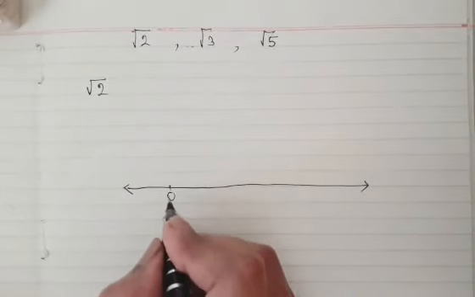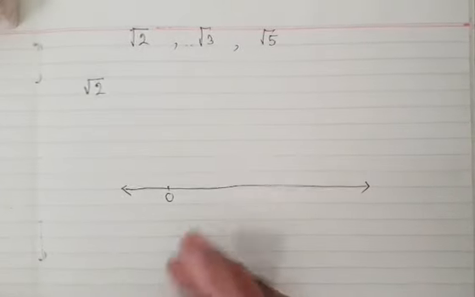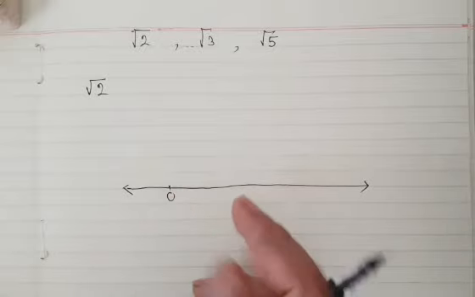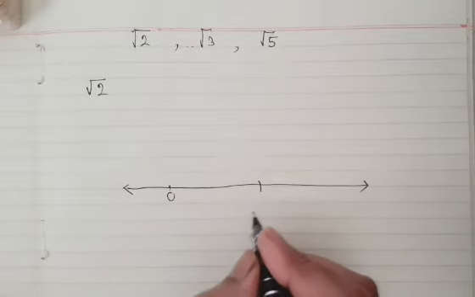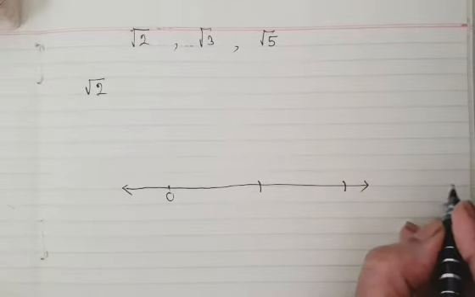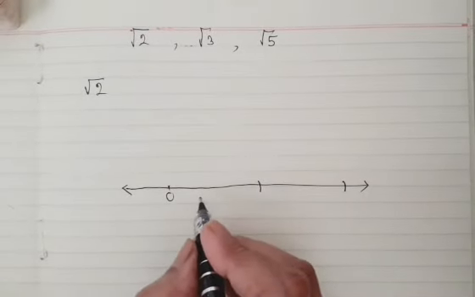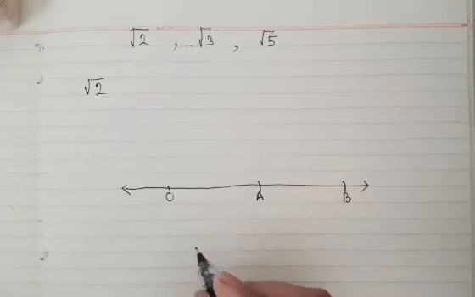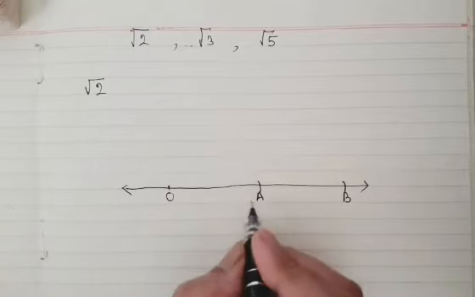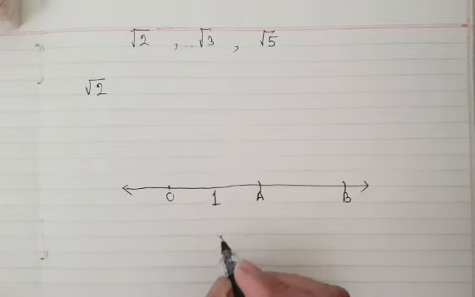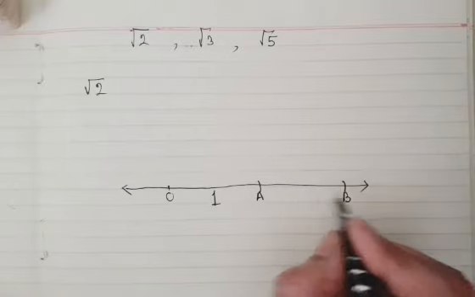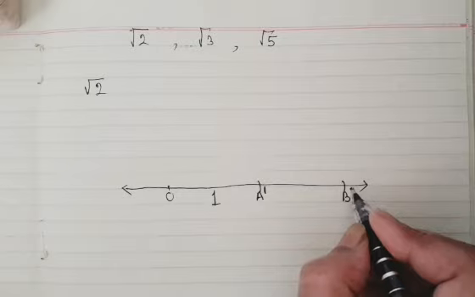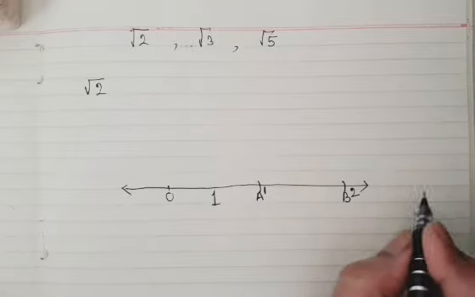Suppose O is the starting point. Then, taking a suitable fixed radius, you take the first arc, then the second arc. Like this we can take more arcs. After that, suppose this point is point A and this point is point B, and O to A is 1 unit length. Again A to B is another 1 unit length. So altogether, if this point is 1, this point is 2. Similarly we can go on.